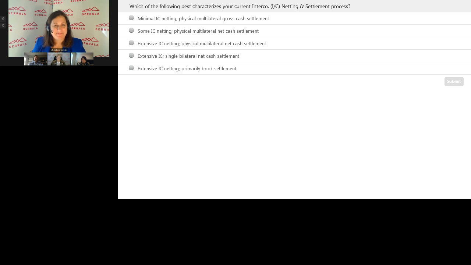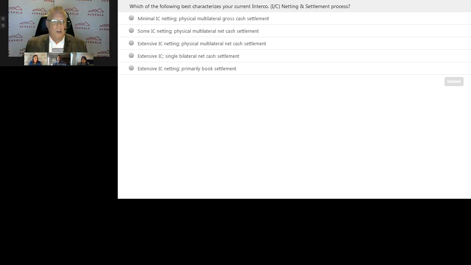This is definitely one of the areas where we see some of the largest gains in efficiency for organizations when they move to an in-house banking structure and utilize SAP's in-house cash. I'll talk about this more in the next few slides, but I'm interested to see what people respond here. We still see a lot of inefficiency in the marketplace in how individual organizations are handling settlement. They're doing a lot more cash and physical settlements, where we now see opportunities to move away from that, and Microsoft is absolutely moving away from that.